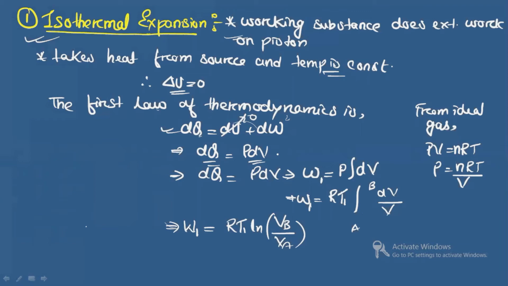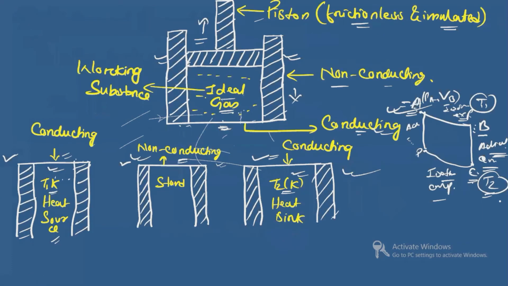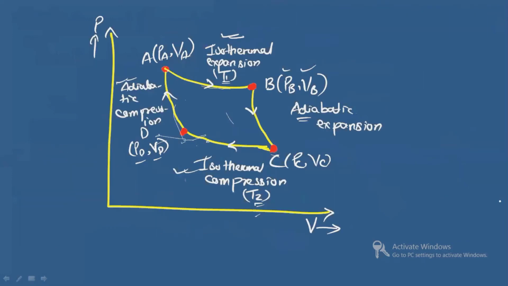Now we have already seen the work done. W is equal to what? PdV. Yes or no? PdV means what? The area under the curve. I have already said this in the theory also, but here I will show you what the area under the curve is. What does it mean? If you see from B to C,